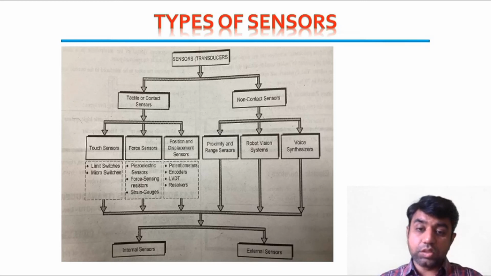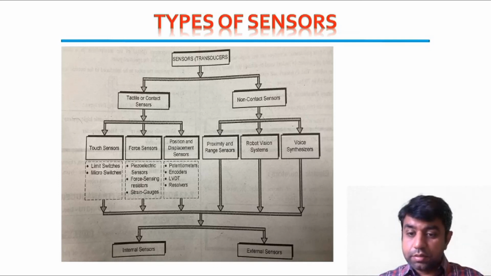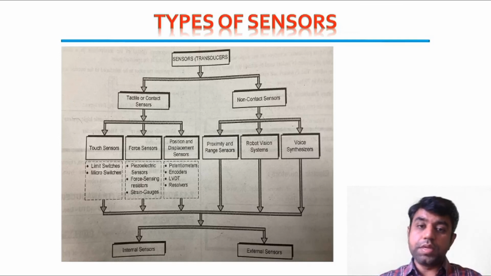So we have these different choices of sensors with us. Based on the application we need to choose a specific sensor, right? Based on the application we need to choose a specific drive even, right? So summarizing that, we need to be very specific as far as the end effector, the drives and the sensors selection is